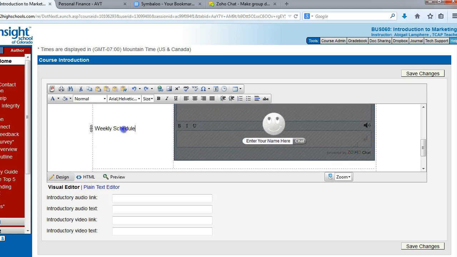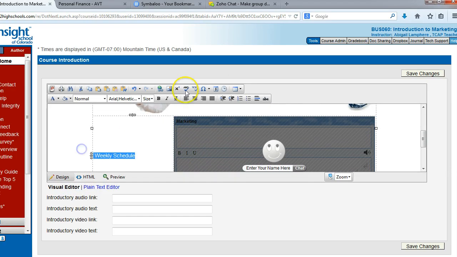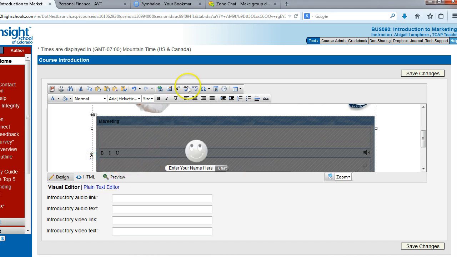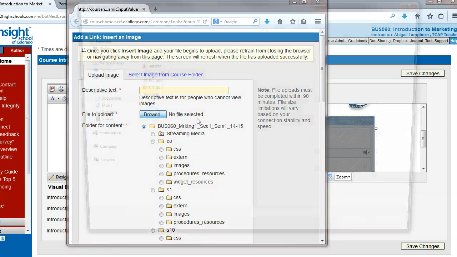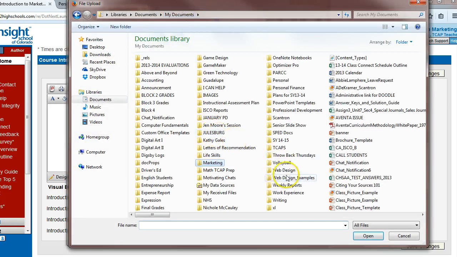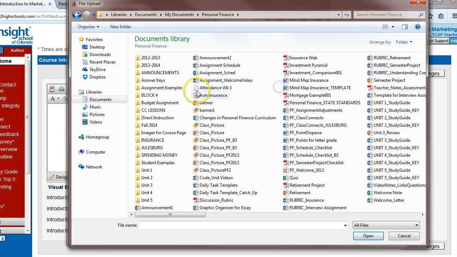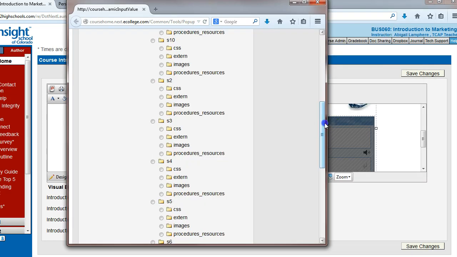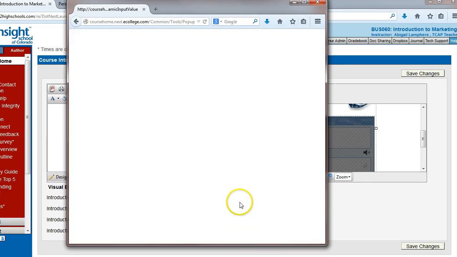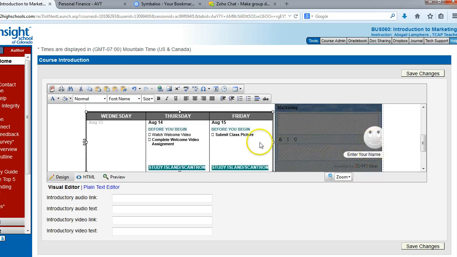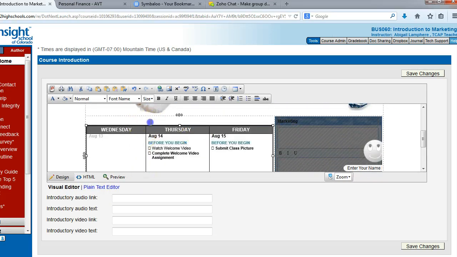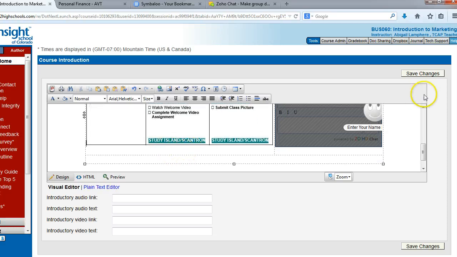And then it'll kind of adjust the width on its own once you get an image put in here. So maybe I'll just show you real quick. So say I have the image of my personal finance class. I'll just throw that one back in here. Okay, so if I throw that image in there, you'll notice that it automatically adjusts the width of that chat box, and it just makes it look goofy right now in this design portion, but it'll look better once we get into